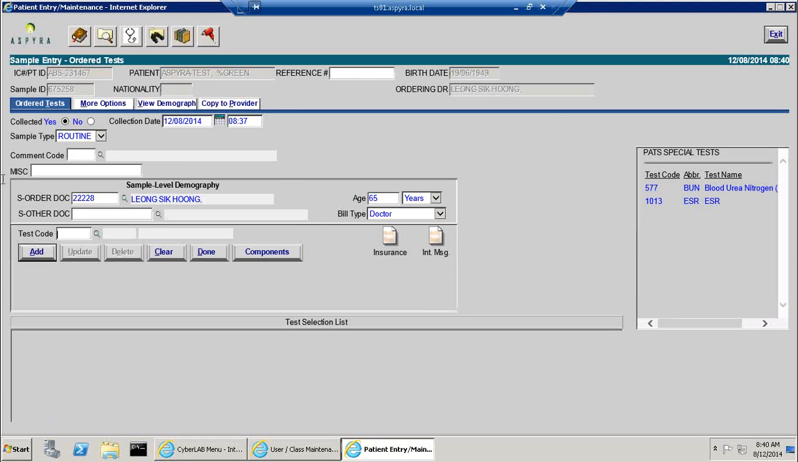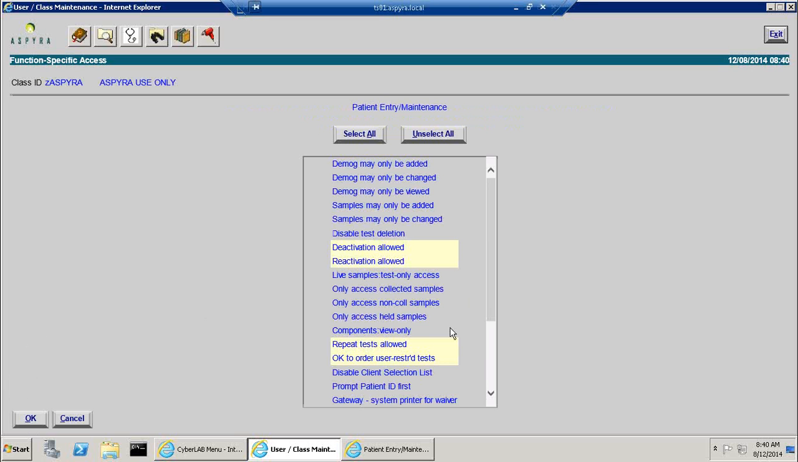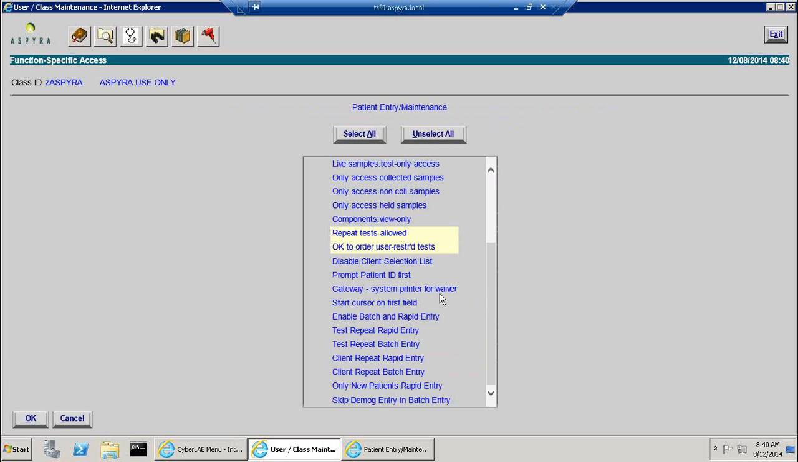The cursor can go either to the first field. The first field is this field here where it says collected yes or no. So once we get to the sample entry field, the cursor can be here. If I say no to this, start cursor on the first field. If I highlight this, the first field is